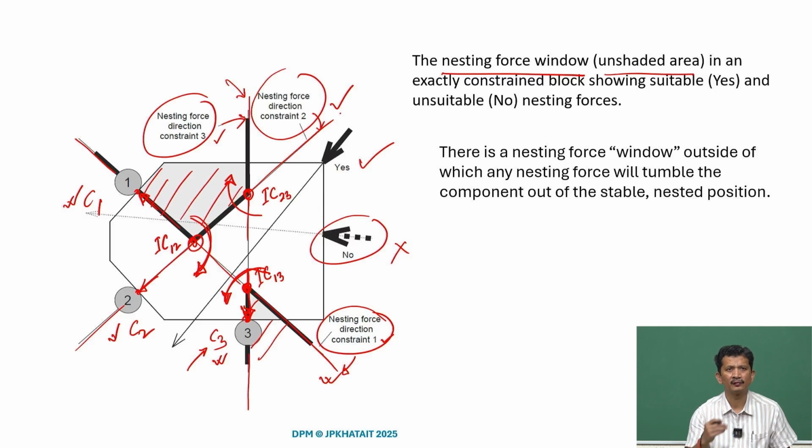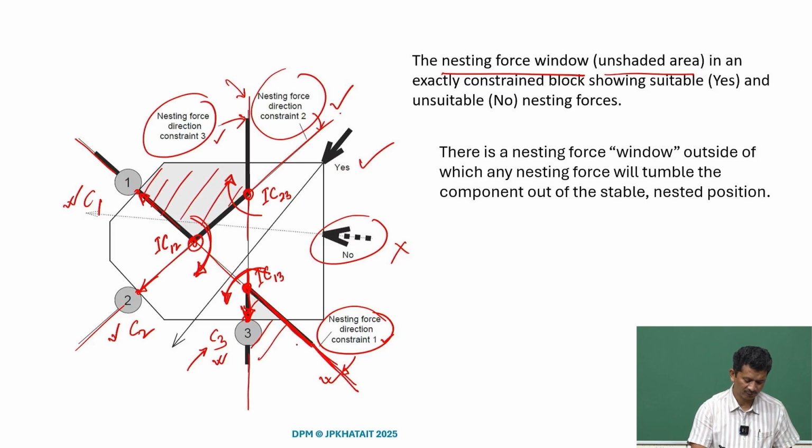So any external force, any nesting force we want to use, we have to understand that all these three conditions should be met together. Only then will we be able to get contact with all the three contacts, three posts. And slowly, if we start going from these points along this line, what you realize